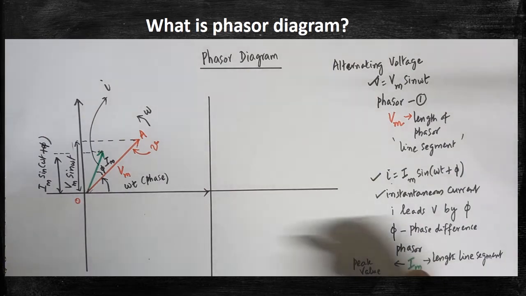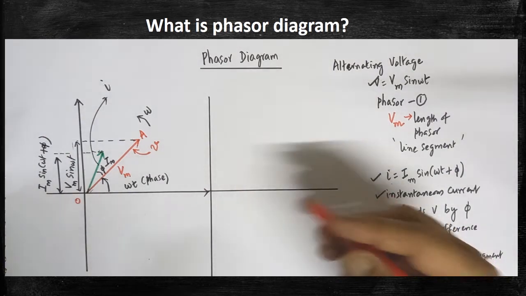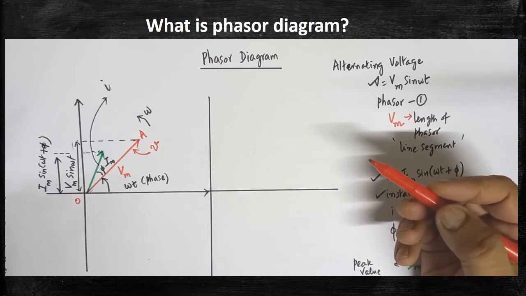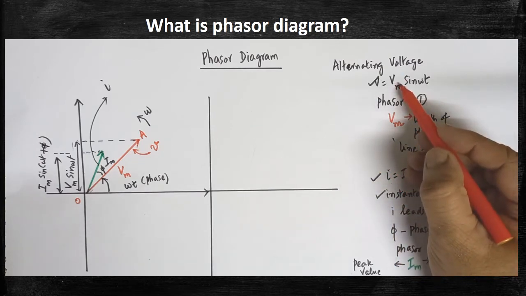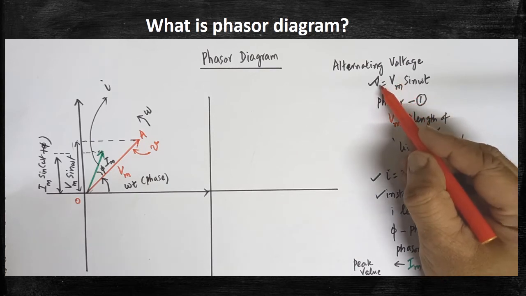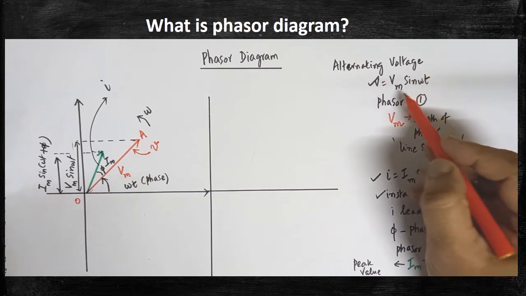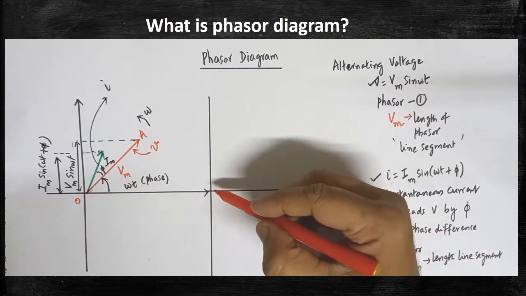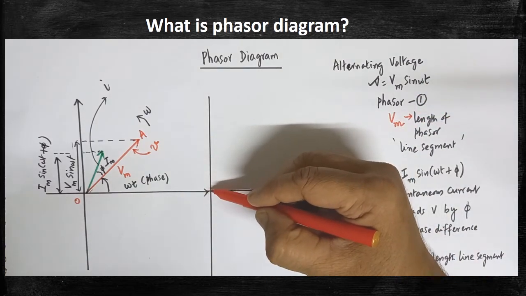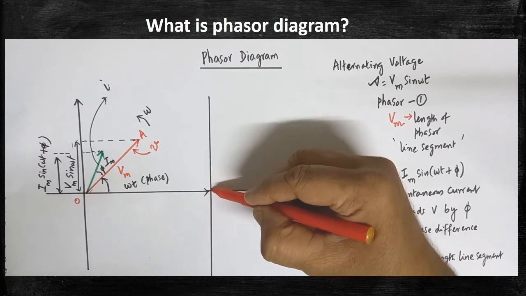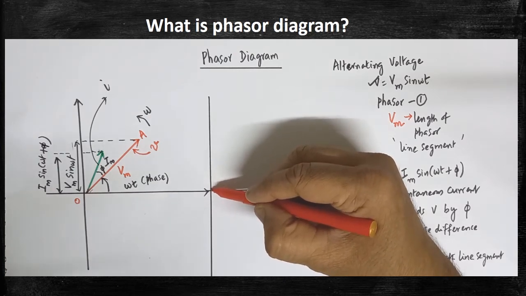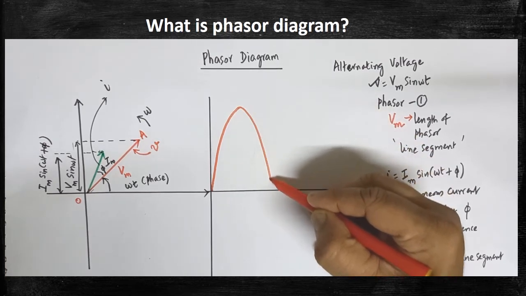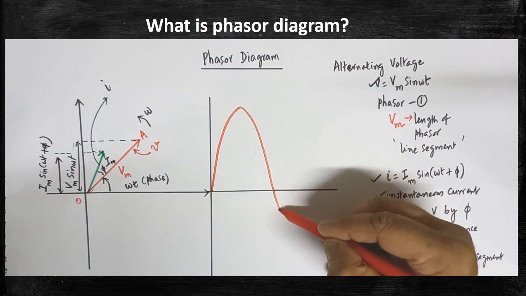Now, look at that. Again I am going to use the red sketch pen. By using the red sketch pen, I am going to draw the waveform for sinusoidal voltage, alternating voltage. V is equal to Vm sin omega t, no? So straight away we can draw the structure of the sinusoidal wave. Draw the sinusoidal wave like this and bring it down. Again that is to be brought down.